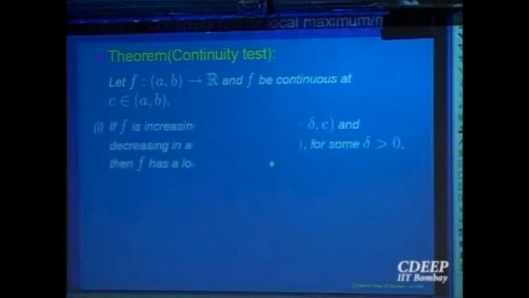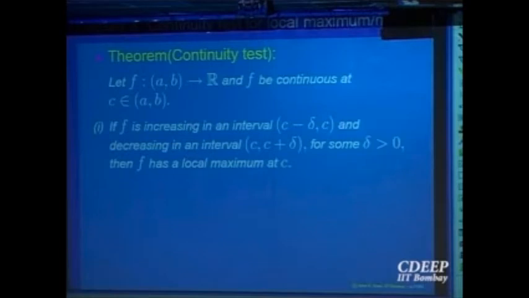So that is a sufficient condition. The sufficient condition is that f is increasing in an interval c minus delta to c and it is decreasing in an interval on the right side, c to c plus delta, for some delta bigger than 0; then it has a local maximum at that point. Intuitively quite clear to everybody? Yes? At c you want a local maximum, so at every point nearby the value should be less. And I can ensure that by putting a condition that the function is increasing on the left, so the values always will stay below f of c on the left, right? It is decreasing on the right, so again the values will stay below f of c on the right. So that will ensure that the function has a local maximum.